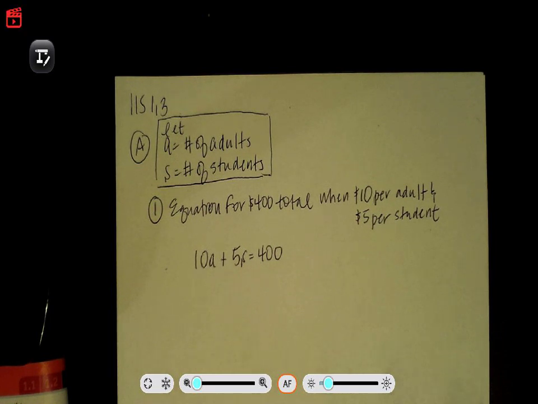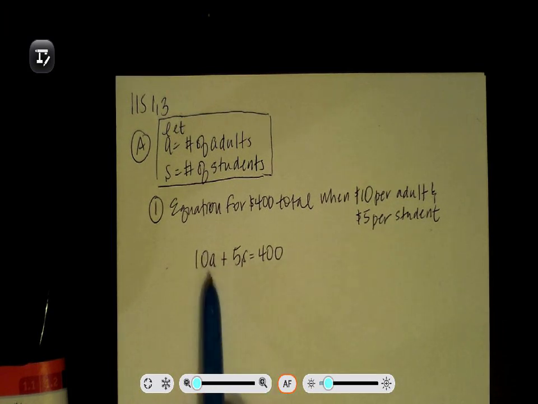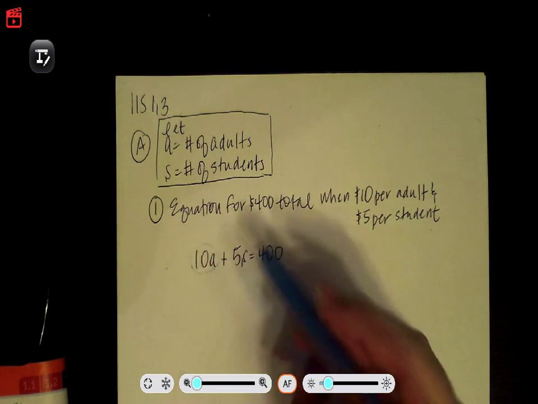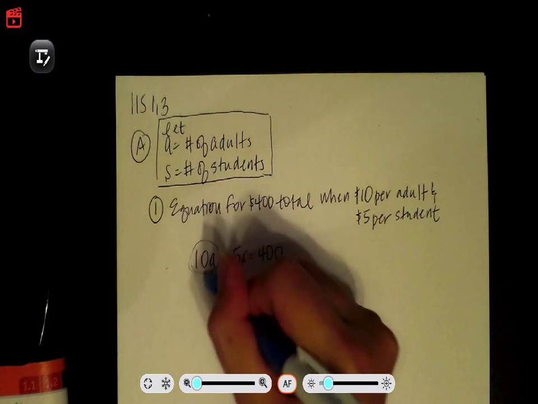I did have this equation in your Google document too, so you all had it. But just keep in mind what this actually means. Since A is the number of adult tickets, when you multiply this by 10, for example, if you have 3 adults, 3 times 10 tells you how much you spent on adults. So this is amount